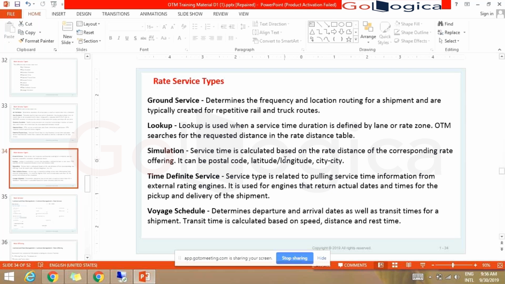All these things are just for your information, to know what to use when. It's practical, right? If you are a 3PL service provider and you have specific routes to travel, it depends on how much distance and how much time you have to travel, based on the stops, based on the service you are giving, based on the price. So you will define your own service time, right? In the same way.